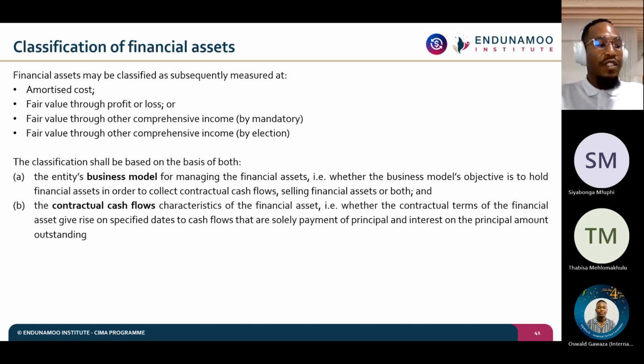That's the first portion of it, to say, what is the business model? The second is to say, what are the cash flow characteristics of these financial assets? That is to say, are the contractual terms of the financial asset giving rise to specific payments on specified dates? And are these payments compensating the holder for the time value of money and the credit risk associated with the financial asset? For an example, if you are a company and you give me a loan and the loan bears